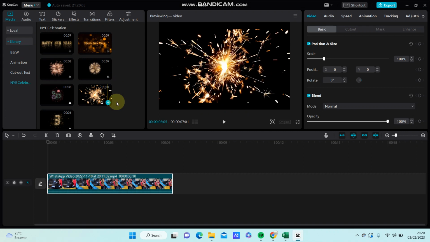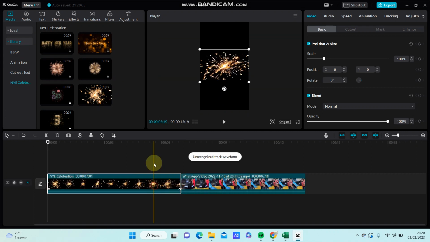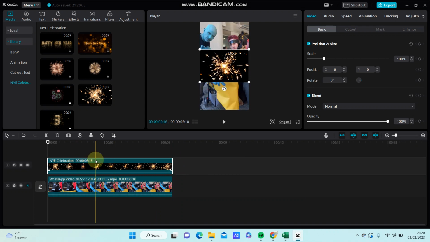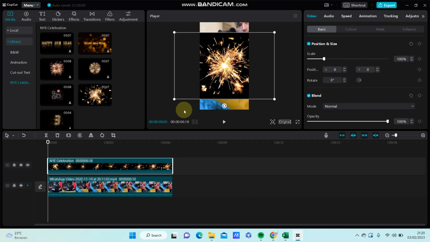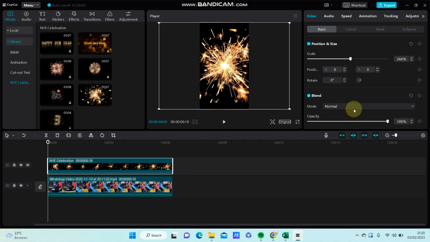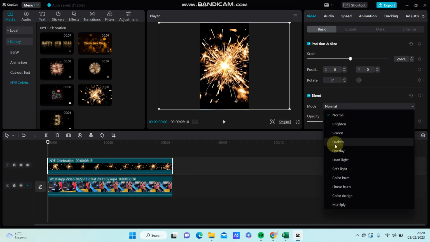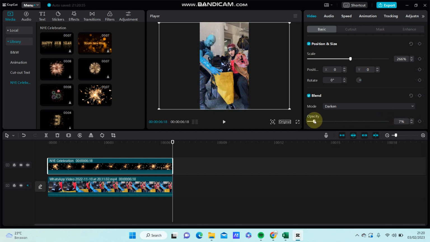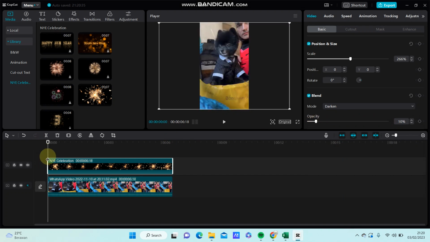Select this firework as an overlay, just put it on top of the video, and you can merge it, and it's going to blend. Select the blending option here you like, and I'm going to select darken and adjust the opacity to 10%, and make sure you're on the first frame and add the keyframe